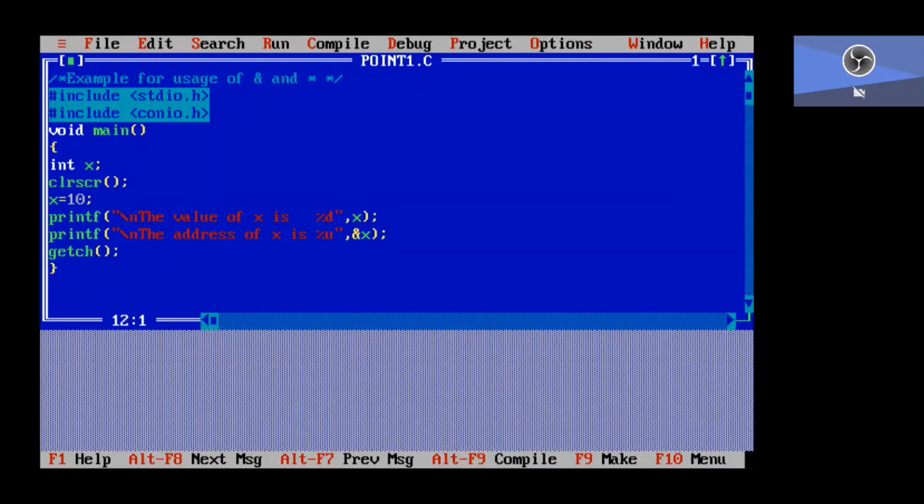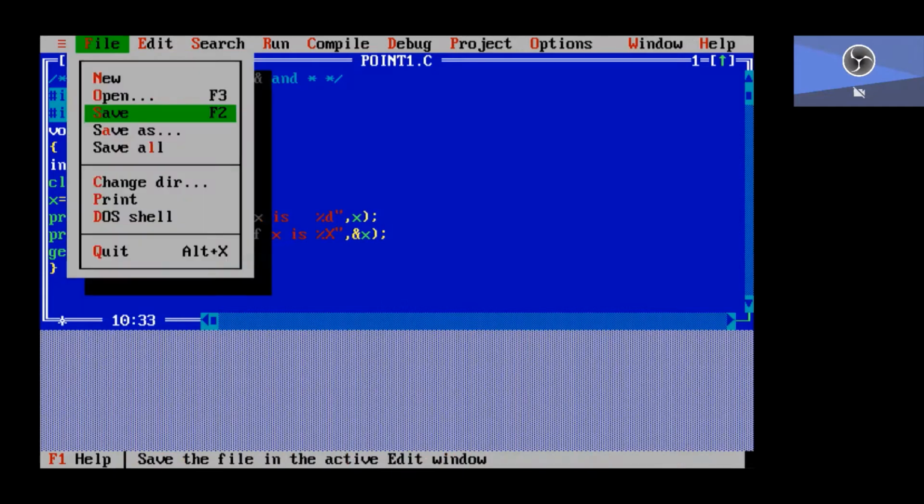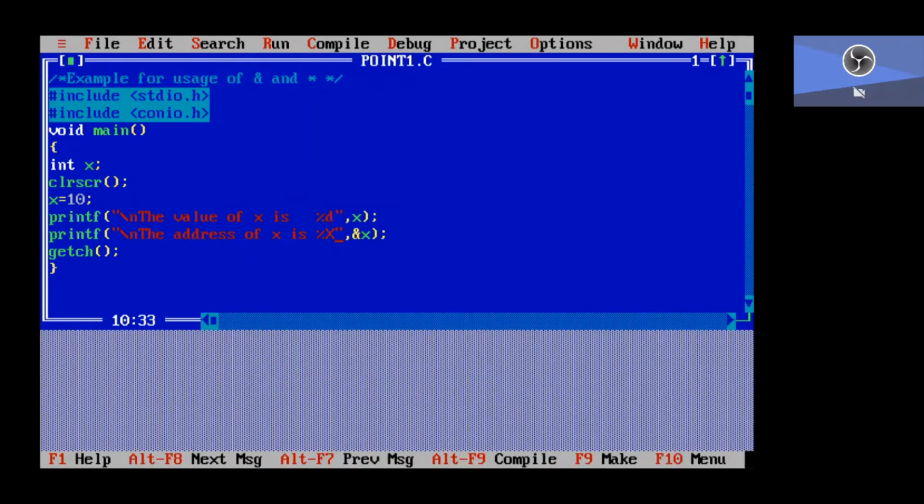So here the value of x is 10 and the address of x is 65524, or you can directly use the hexadecimal format, where we get the address as FFF4.